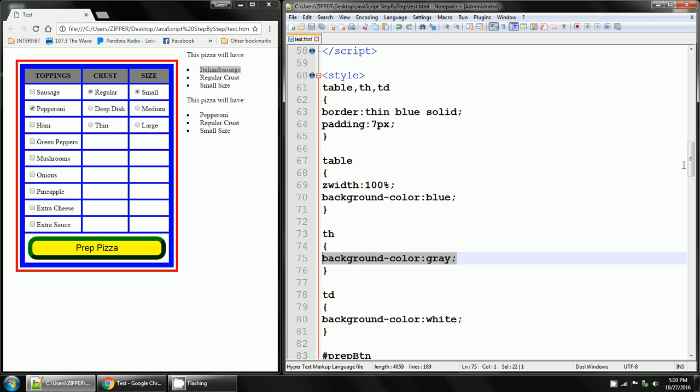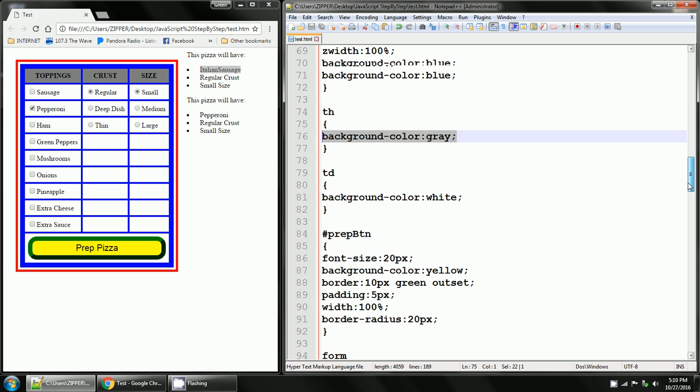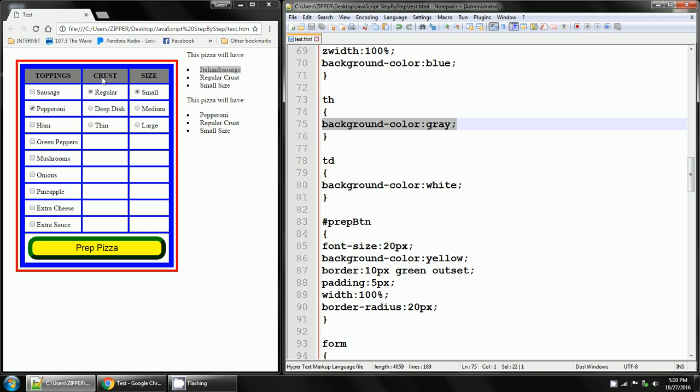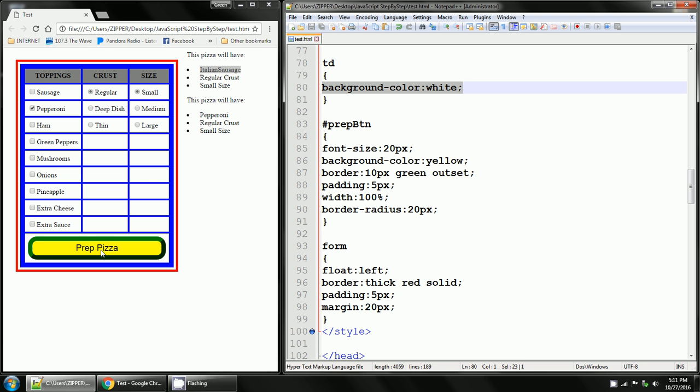The table header tag has a background color of gray, which you can see right here what the table header is, because you can see what has a background color of gray. The table data cell has a background color of white, and you can also tell at a glance what the TD tags are, table data cells, because they have a background color of white. I have a button down here that I gave an ID equals prepbutton. So #prepbutton is telling us that